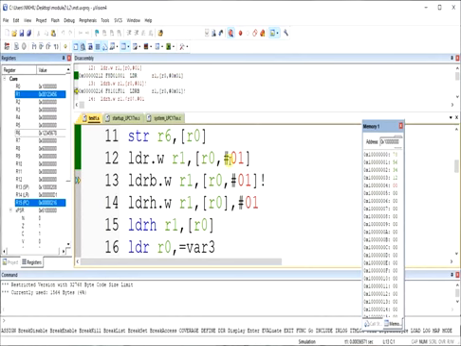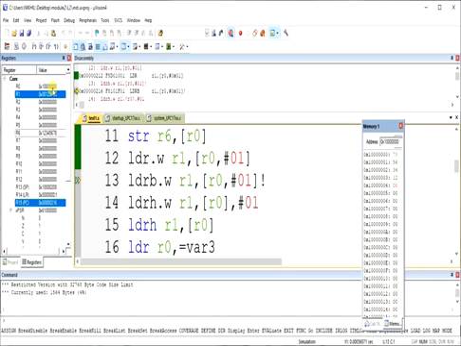As I told, since we are not using the exclamation mark here, the R0 base register value should be 1 followed by 6 zeros and again 1. Since we have not used the exclamation mark, it will not update this value.